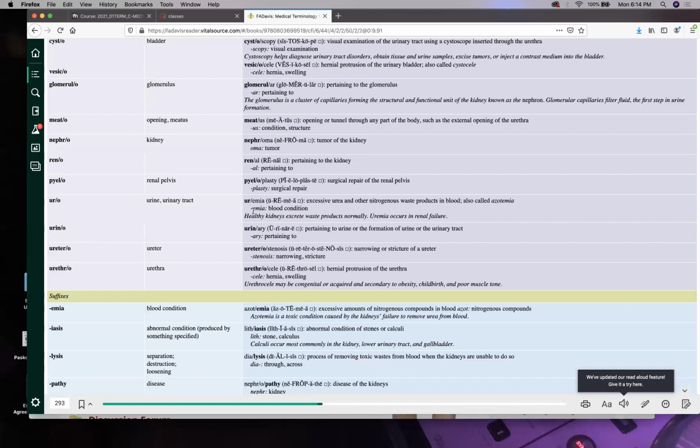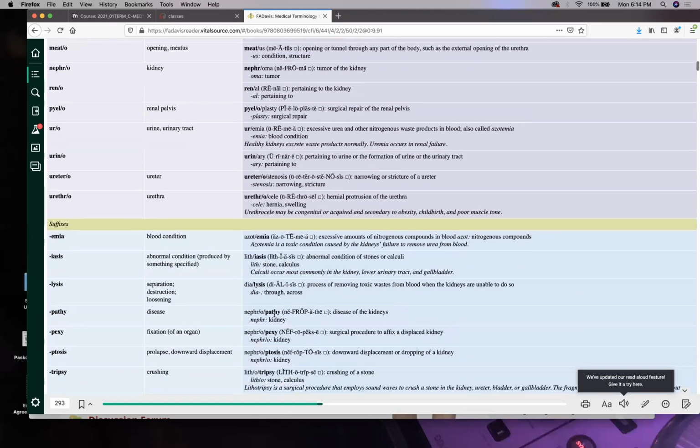Now, if that thing gets gummed up and we don't have good filtration, you're going to get all that nitrogenous waste in your blood, and you'll have something called uremia, also known down here, if you look at here, azotemia, which is an excessive amount of nitrogenous compound. Uremia and azotemia is not a good thing. It's a sign of some kidney failure, and it can poison my patient's blood. And we all know, where does blood go? It goes everywhere. So if there's nitrogenous waste or poison in my blood, that poison is going to be everywhere, and that is bad news.